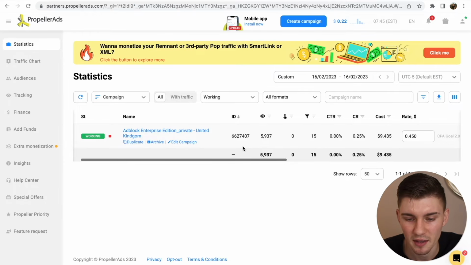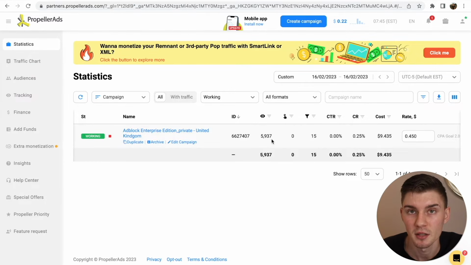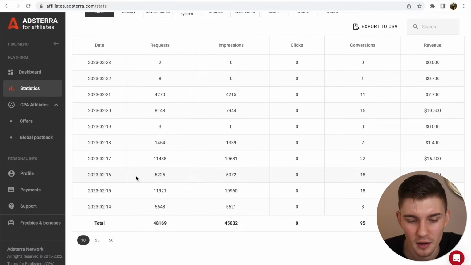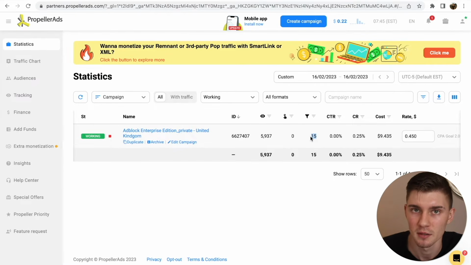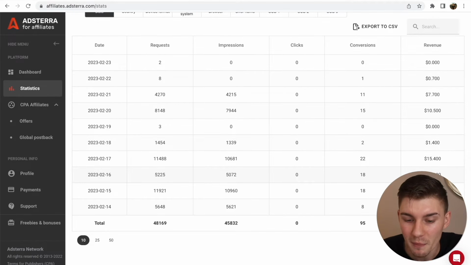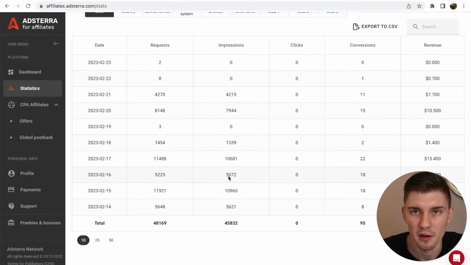And as you can see, once again, the campaign spent only $10, but on the third day, we had only 6,000 impressions and 15 conversions. As you can see right here, 5,000 impressions and 18 conversions. So once again, 3 conversions less in our Propeller Ads dashboard. As I said, it's not 100% accurate. So on the third day, we made the same amount of money as the day before with half the traffic. So on the 15th, we had 11,000 impressions, and on the 16th, we had 5,000 impressions,